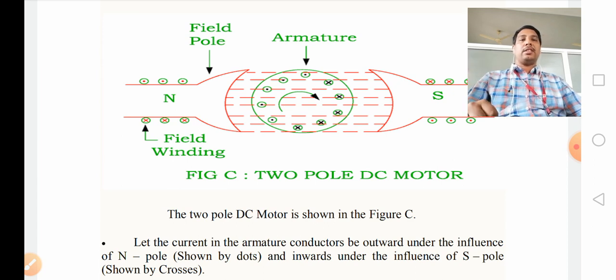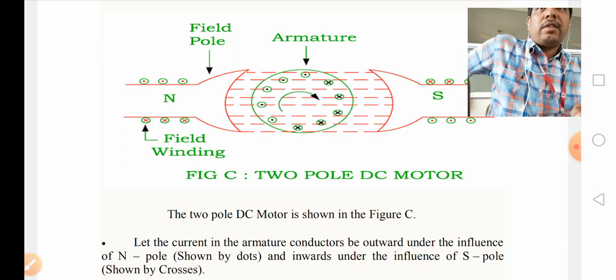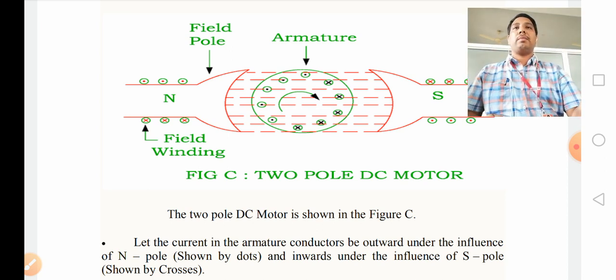But in the case of a DC generator, we get AC, and the commutator converts it into DC, and finally we get DC output. Here, exactly, DC input is given to the DC motor such that the commutator first converts DC into AC. Therefore, the group of conductors under the influence of the north pole and south pole carry currents in the reverse direction. Basically, when the DC supply is converted into AC, because of the magnetic field there will be some upward force